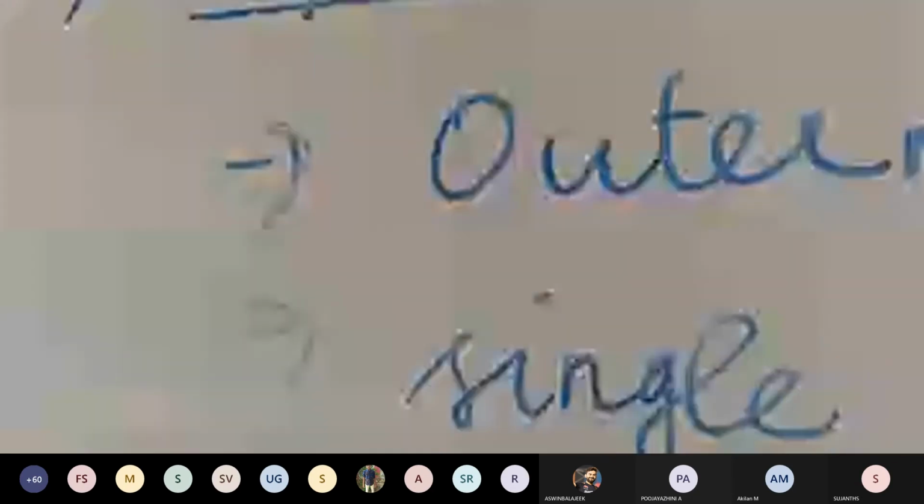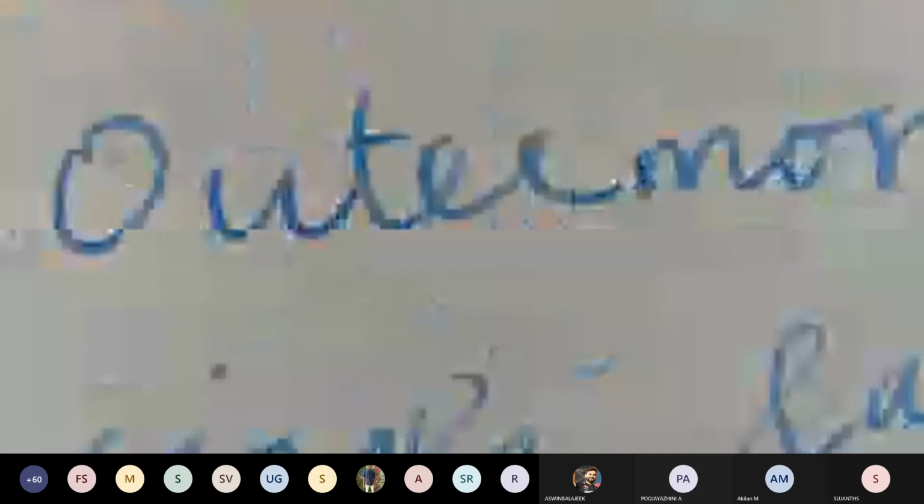So protective tissues are of two types: one is epidermis, another is cork. Epidermis is present in the aerial part of the plant as well as the root. It is the outermost layer, a single layer, covered by a waxy cuticle. If you see the epidermis diagram of a leaf or root, this is the epidermis, and above it we find the waxy cuticle. The waxy cuticle's function is that it is waterproof.